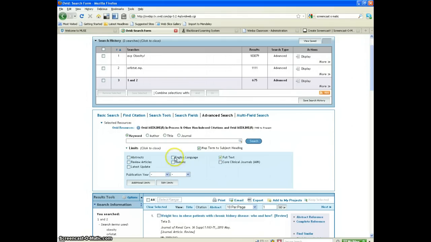So I'm going to choose full text in English, and I'm going to choose to limit by publication year. So I'm going to go quite recent. I'm just going to say I want papers from 2005 to 2011. So now, having chosen these limits, I can click on search. You've got a box here that says additional limits. If you go into that, you get even more choices. But I'm just going to leave it at that for today, just full text English and 2005 to 2011. So now, if I click on search,